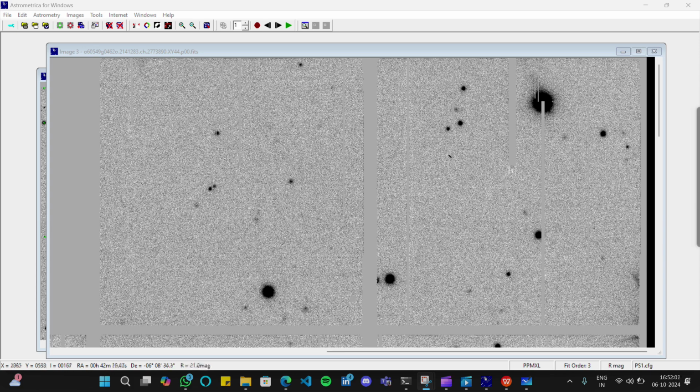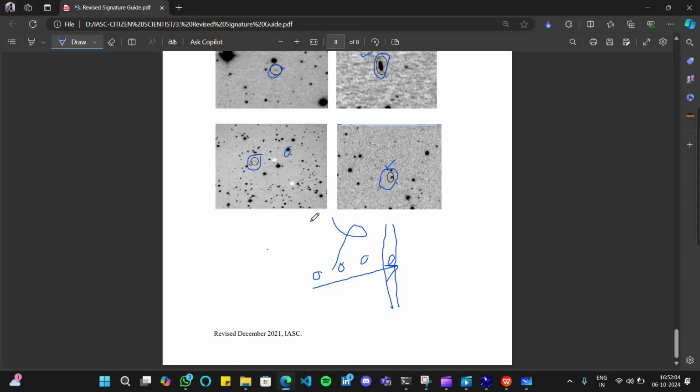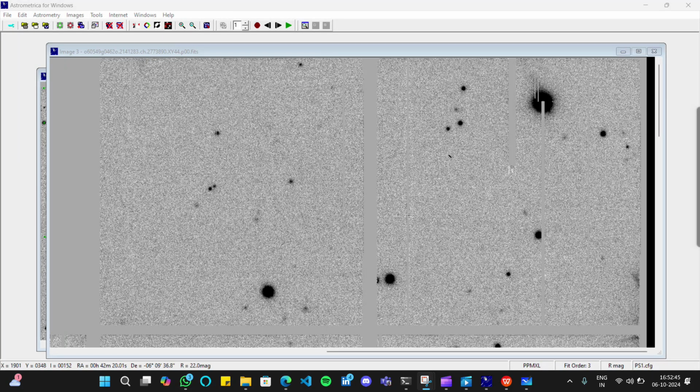Now let's move to the PDF again. As I told, I think now it's clear to you. Suppose it is an asteroid, 1, 2, 3, 4, moving in a linear way. It is an asteroid, but if the last image is coming here, you can't give the name here, so it is not an asteroid. The first thing you have to keep in your mind is that the asteroid should move in a linear way. The four images, the four dots, should move in a linear way, and it should not come inside the grid, as you can't give it a name.